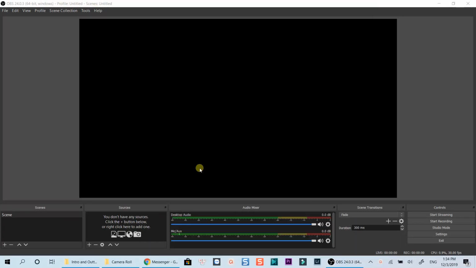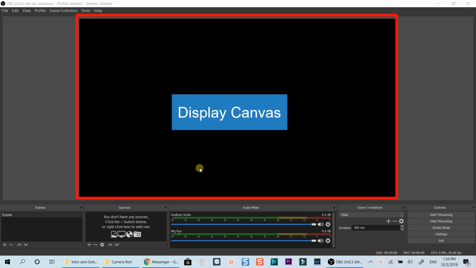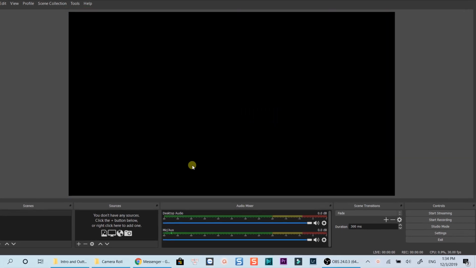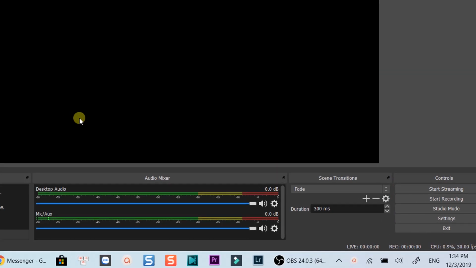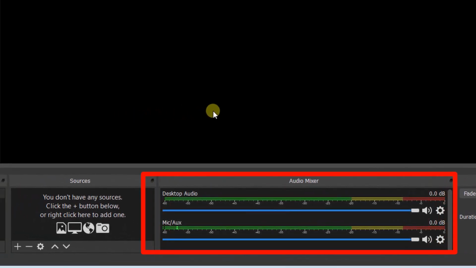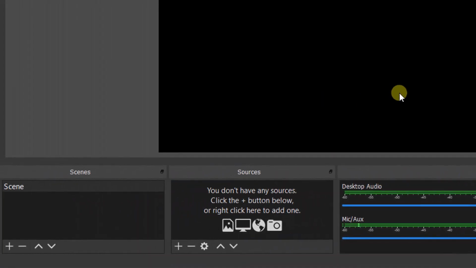Here you are at the user interface of OBS Studio once you launch the program. At the center of the screen is the display canvas where the program shows you what will be captured. At the bottom on the right are the main features such as start recording, stop recording and program settings. In the middle are the audio recording options where you select record system sound, audio from your microphone, etc. On the left side are the scene options which you can access to add screen capture, game capture or other